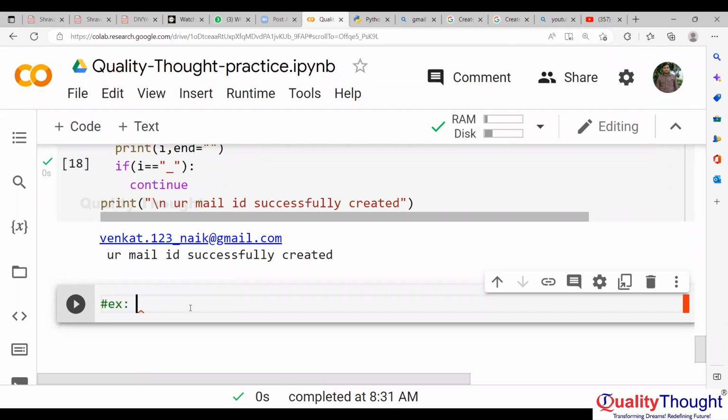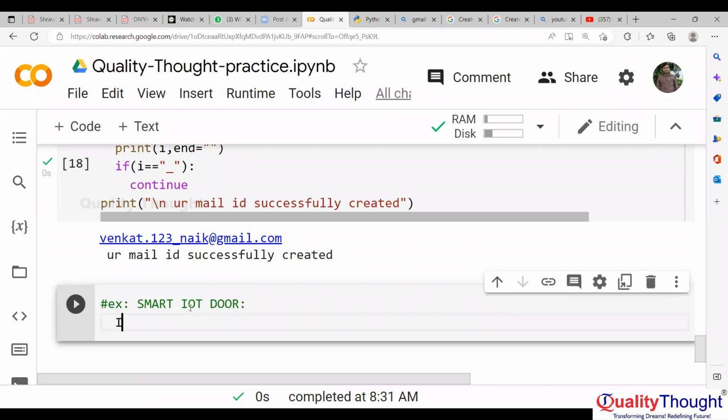Another example. You have made a smart IoT door. What will the smart IoT door do? If a person known to your family comes, I have made a database in such a way that it will compare every person who comes in front of the door. The surveillance camera will capture his or her image. And if it matches the existing images, if he belongs to our family, the door is going to open. If the image is true,